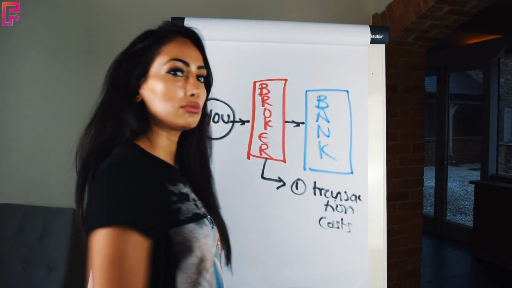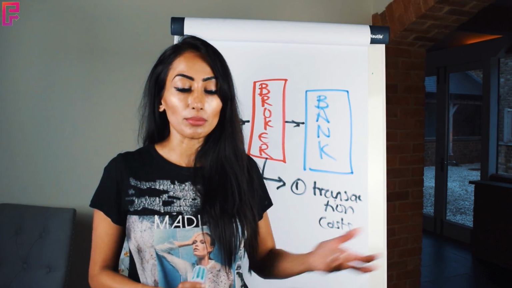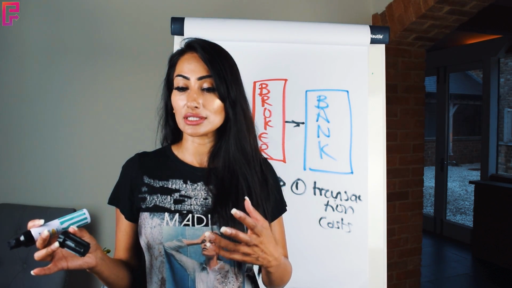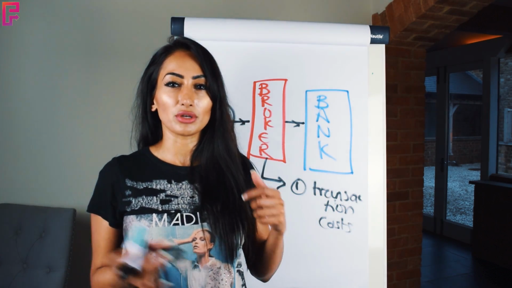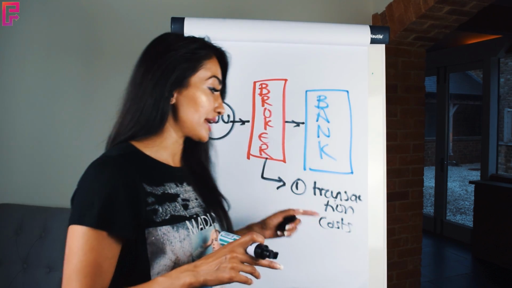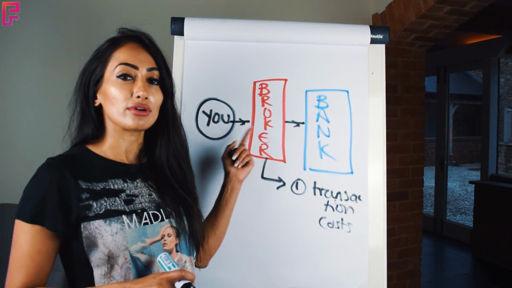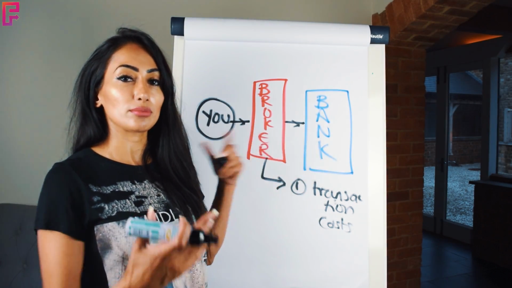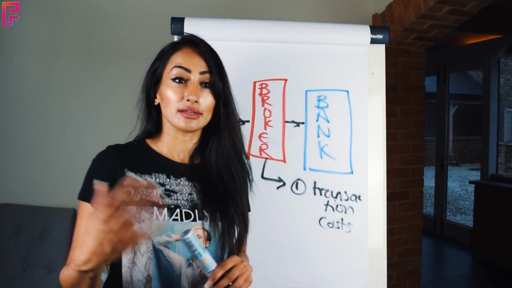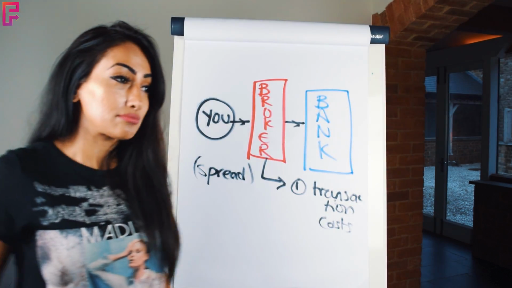If you, for example, went to a bank and changed some euros to pounds, or a broker, like let's say Tesco Money or a post office or whatever you want, you change some pound currencies to a dollar currency, you know, like the old-fashioned way where you actually take physical cash in and change it for another currency. That always incurs a transaction cost or a commission, as you probably know it. Now, that's the same for any broker. So when you trade Forex, you are going through the broker, which then will give you the pricing from the bank, and they will take what is called a transaction cost, or in technical terms, it's called a spread, which is fair enough because that's how they need to make money.